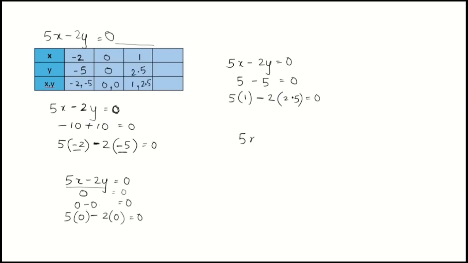Last point to search for this equation. 10 minus 10 is also 0. Here we had minus 10 plus 10. Here we have plus 10 and minus 10. So writing this in the form of equation, 5 into 2 is 10. This minus 2 from the equation is here. Minus 2 into 5 is equal to 10. So here x is 2 and y is 5. Point is 2 comma 5.